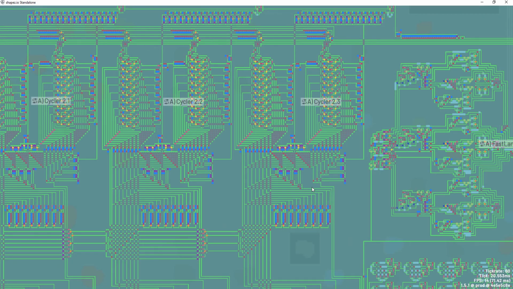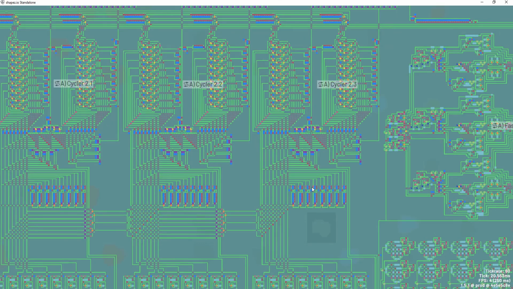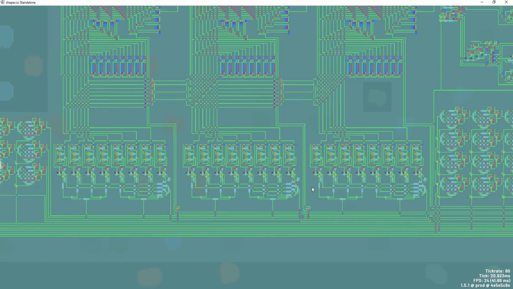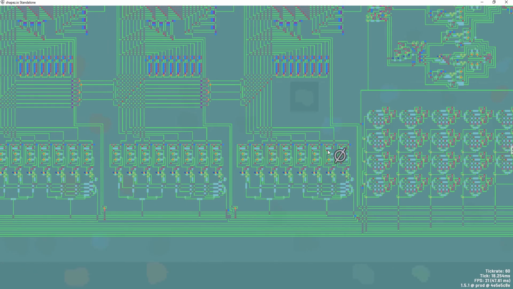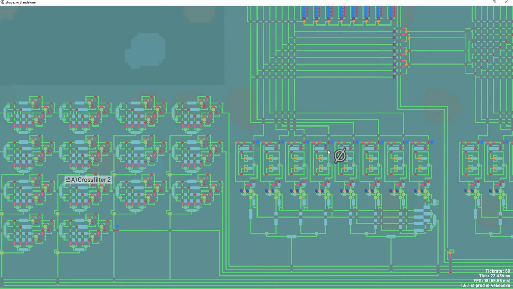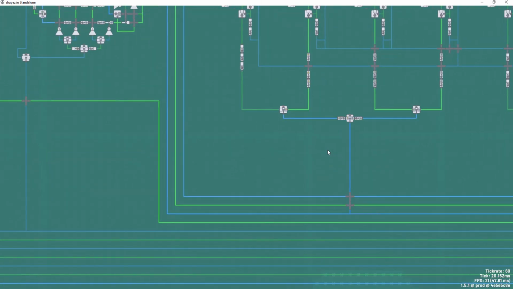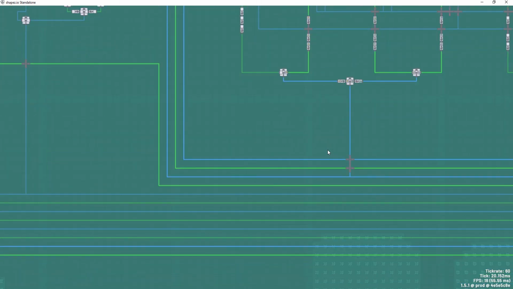That's how that works. Now, when we're done with that, we are going to let the signals run into the final cross filter. And there is something else I want to point out at this time. Even though the logic behind what we are doing is completely the same as what we have done so far, the situation is getting more confusing because of the accumulation of wires that we are getting,